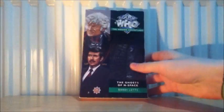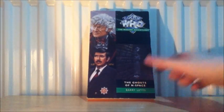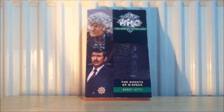Next Virgin Missing Adventure. This one was voted on in a poll after all the Virgin Missing Adventures came out. It was ranked the worst released book from the Virgin Missing Adventures range, and that is The Ghosts of N-Space by Barry Letts. Now this was an audio story, but Barry Letts decided to do a novelization of it. However, it seems like a lot of people say that the novelization was just an utter failure and has some very annoying elements in it, annoying characters, and it just was poorly executed,